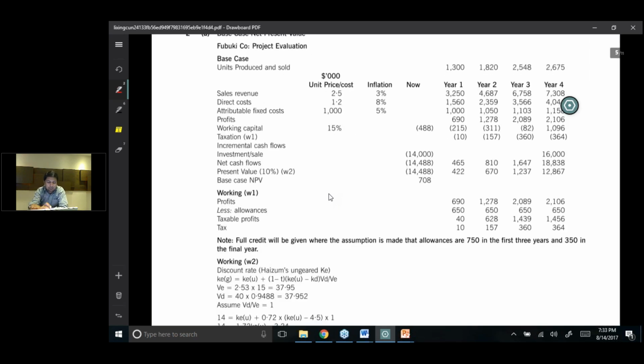Okay, this is the base case NPV. First one is sales revenue, direct cost, fixed cost of 40%. That is the profits. Working capital change is 15% of sales. Initial cost of 14 million. Scrap value is 16 million. Net cash flows, and how we have calculated